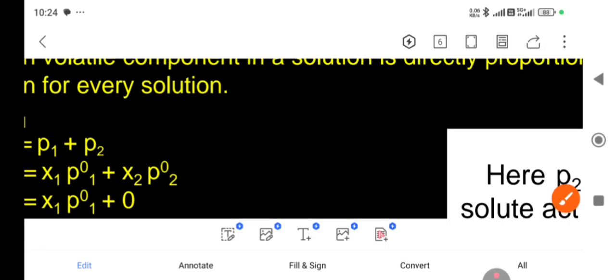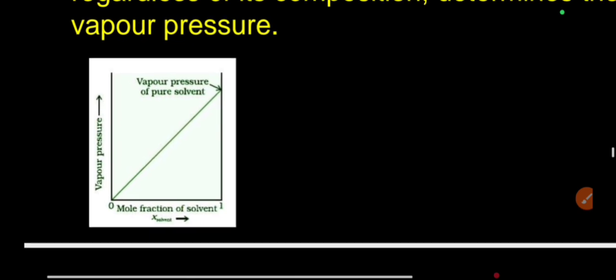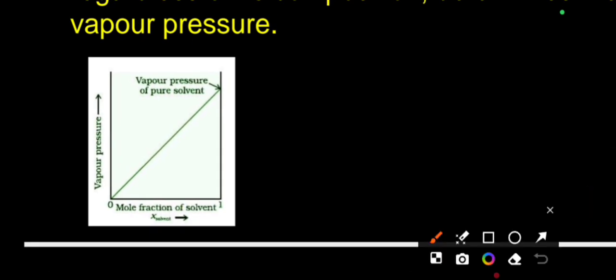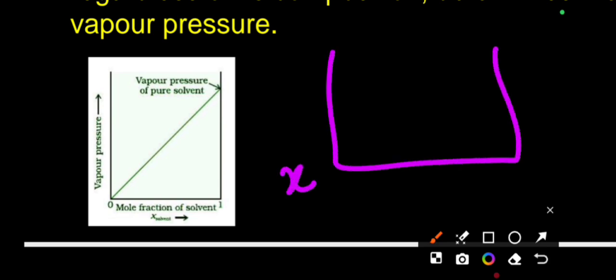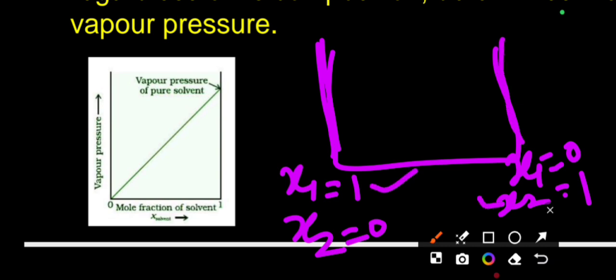But you can see here, there is a graph for that. We have done it for liquid in liquid. Graph for liquid in liquid we have done like that. Here you will take x1 is equal to 1, x2 is equal to 0. Here you will take x1 is equal to 0 and x2 is equal to 1. On this line only and only which component is present? X1. On this line only and only which component is present? X2. So like this graph we have done already